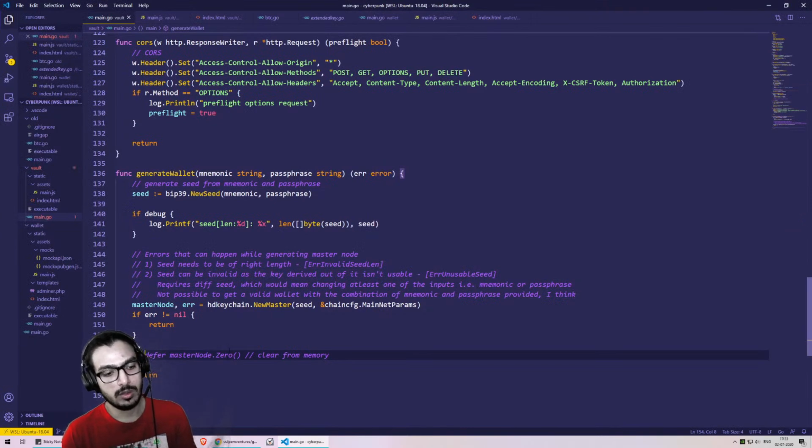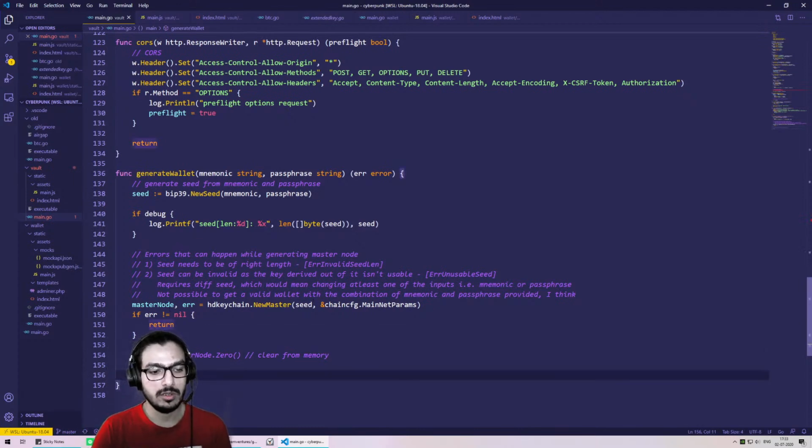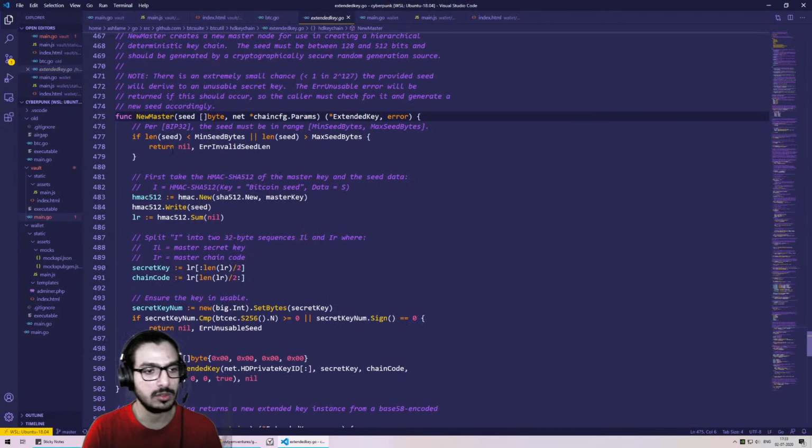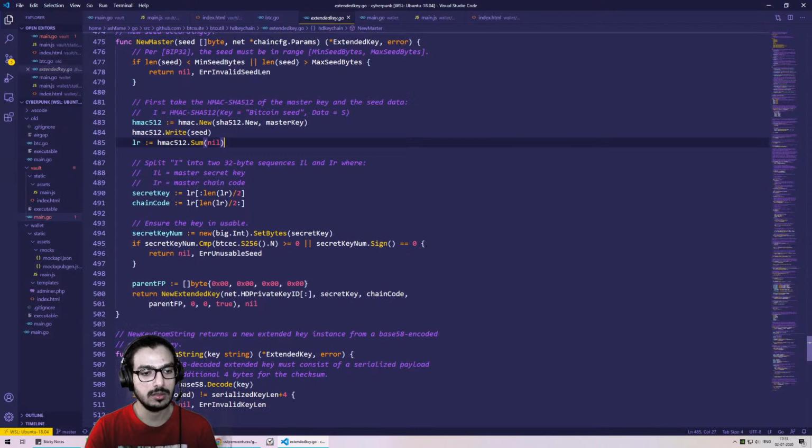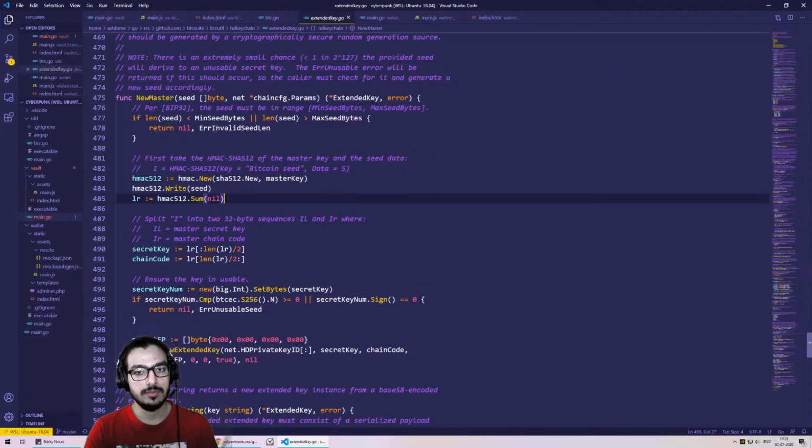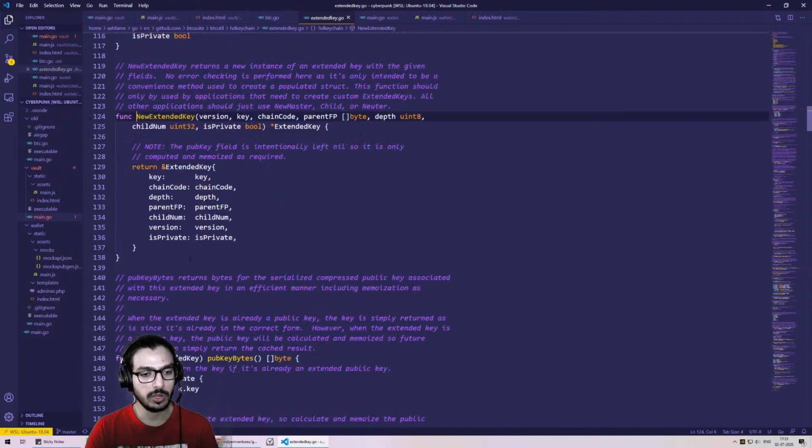Okay, so we have the master node, we return it, and if there is an error in creating this, the error will be returned over here. And what were the errors that could have been thrown? If the seed is of invalid length, which it won't be, provided the user input is alright. And whatever is returned by this function does not throw an error, it's just an extended key. So the only error that's possible